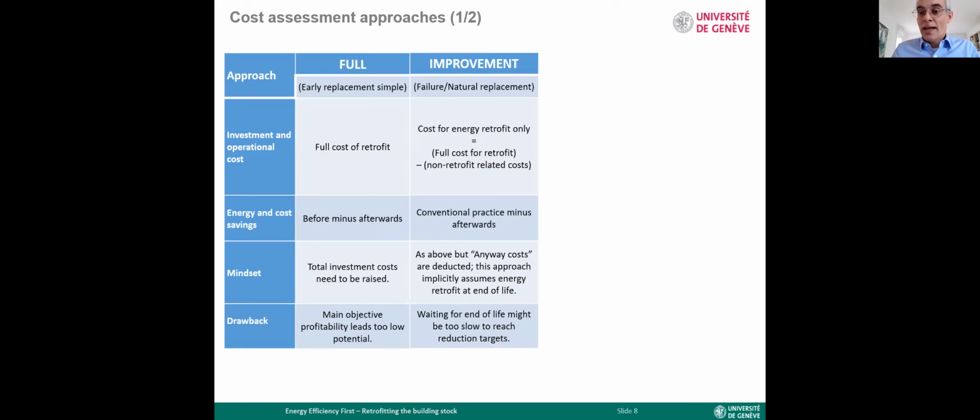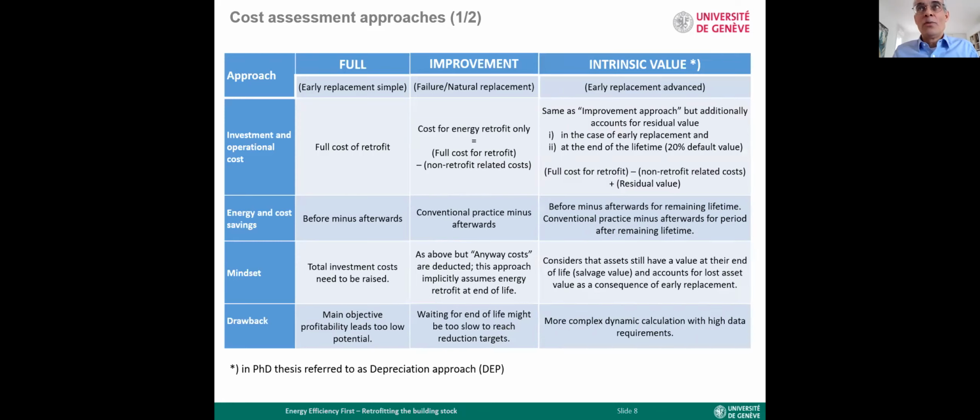And this is a good idea, of course, because we don't want to throw away something which has value, but it may actually take too long. It may be impractical. It may take too long in view of the decarbonization objectives. So in order to cater for that, we said, well, these two approaches are kind of extreme, to take either the total cost or to take only the additional cost. Maybe we should do something which is in between, which we called intrinsic value approach, or rather in the thesis we called it differently, depreciation approach, but we call it intrinsic value in this presentation